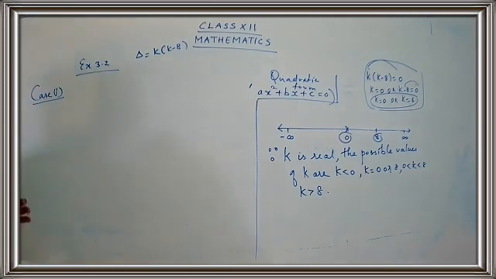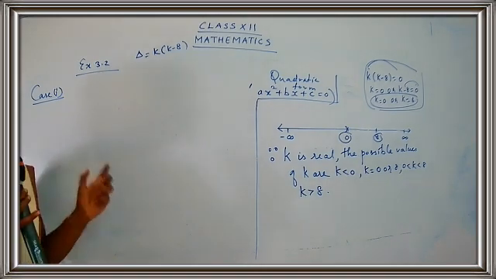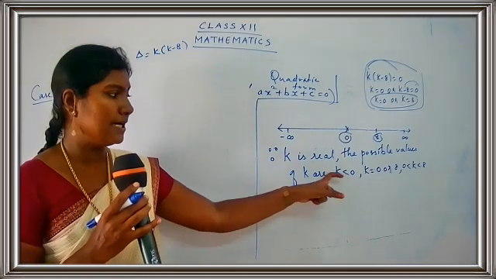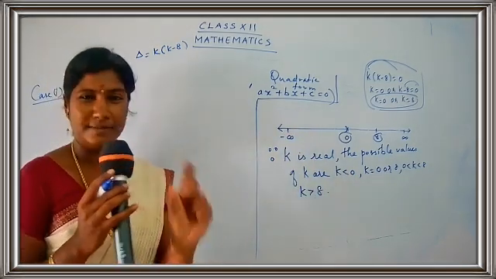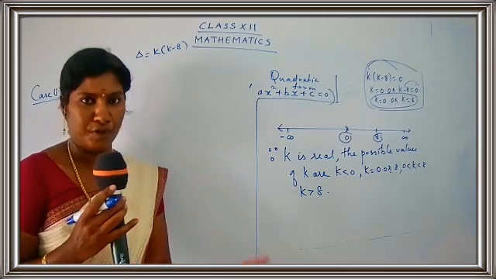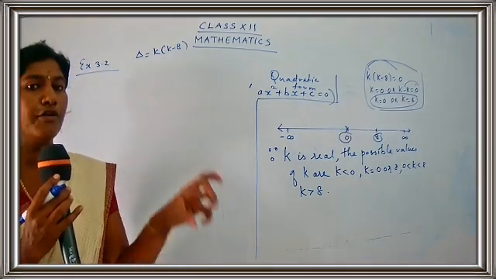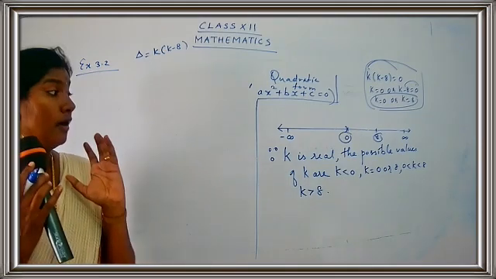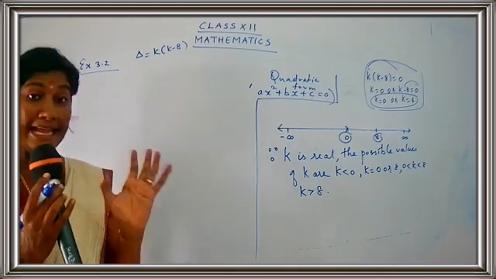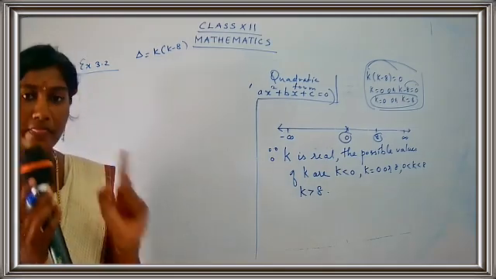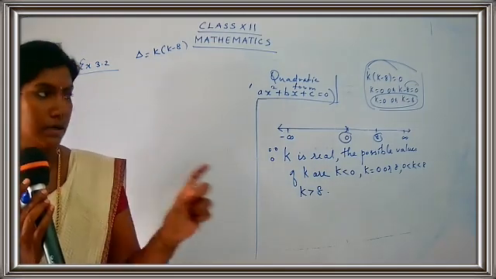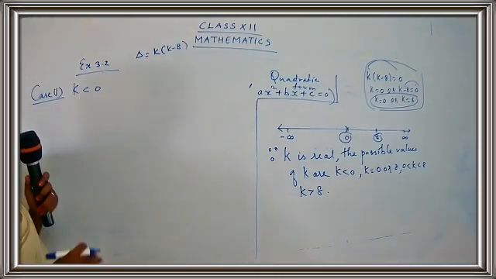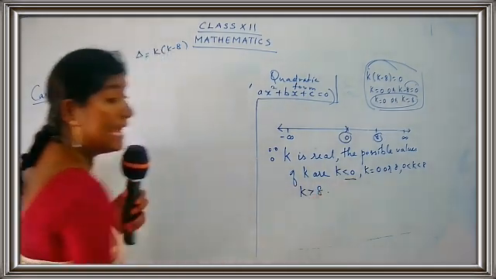Okay. And this is your choice, children. I may have a number. You people can have your number. Because here the thing is, we have to choose a number less than 0. So here I'm going to take a smaller number. You can just take any other number. It's your wish. There is no compulsion of choosing the same number. You people can have your own numbers for k less than 0. But just keep one thing in your mind, that you have to choose a proper number. So case 1, put here k less than 0. What is the first case? K is less than 0.